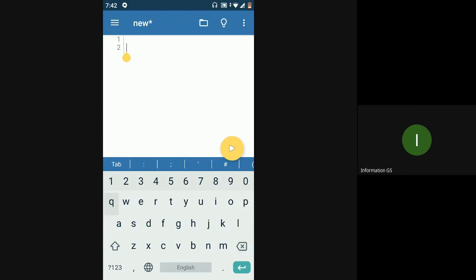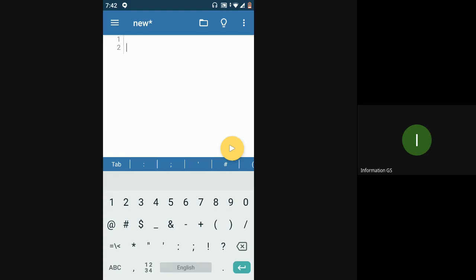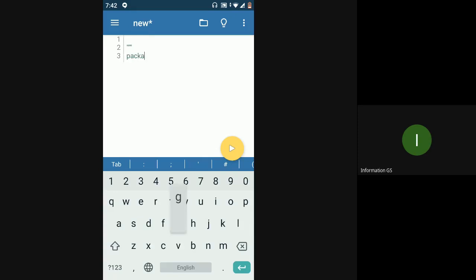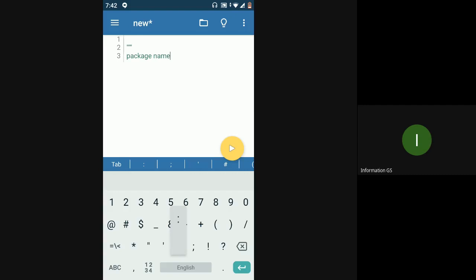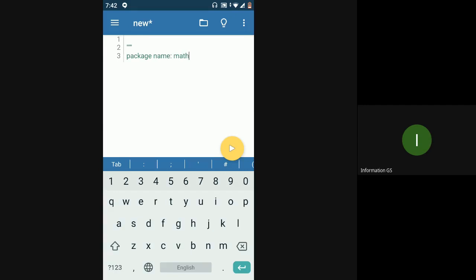Right now I'll give you an example of the math module. Similarly, as we have imported our user defined modules, you can import the inbuilt modules as well. Say math is a package. The package name is math. This is a very popular module that, if you're using Python on a daily basis, you will require for doing mathematical operations. So the package is math, and you have certain modules in it.